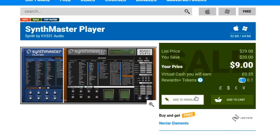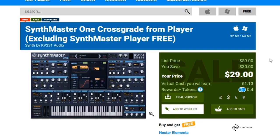So I would actually go on to say that if you're someone that wants a plugin like Serum, but you don't quite have the money yet, and you don't want to do those monthly subscription models, take a look at SynthMaster. So if you're just getting started with sound design, I definitely recommend SynthMaster 1. It has all the features that you need all on just one page, and that's why SynthMaster 1 is so